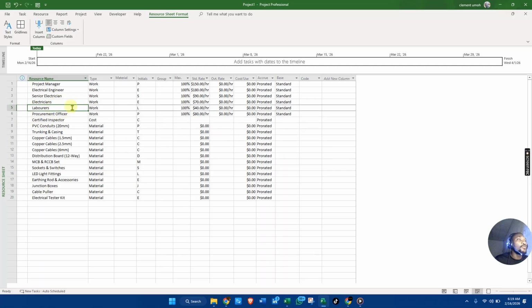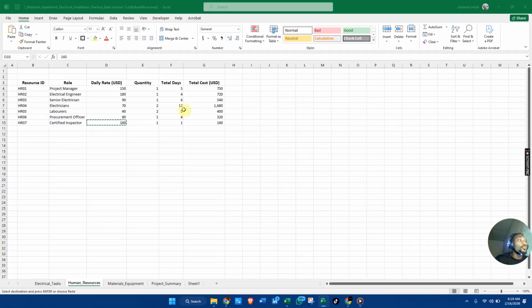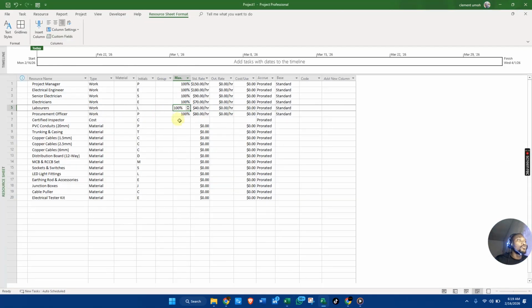So now, this is our labor. This guy, since there are two working together, I think we're going to increase him to 200. Same also with the electrician. Since there are two, put him at 200. All right. So now, what does